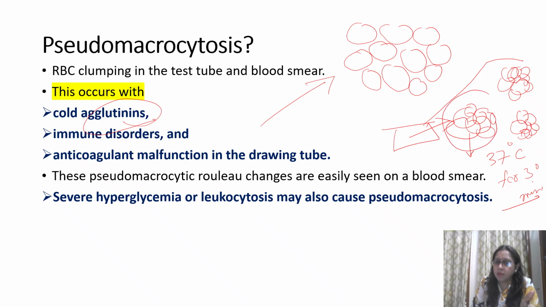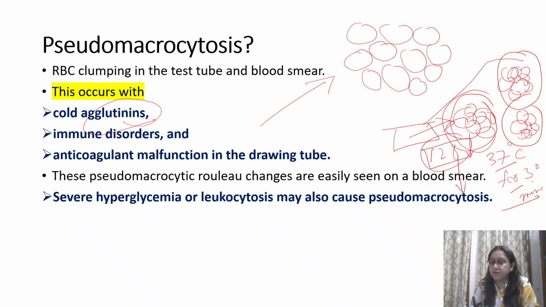When agglutinates form, you get RBCs in groups. So what happened? The machine counted them, and MCV will increase. So MCV is falsely elevated. But when you incubate it at 37 degrees Celsius for 30 minutes and then again make the smear, you will see this drastically comes down. If it is not pathological, it will come down. So your MCV will reduce to normal. So that is pseudo macrocytosis.